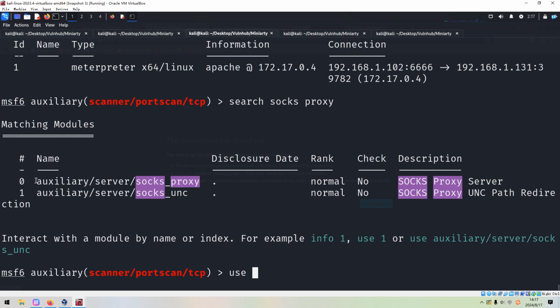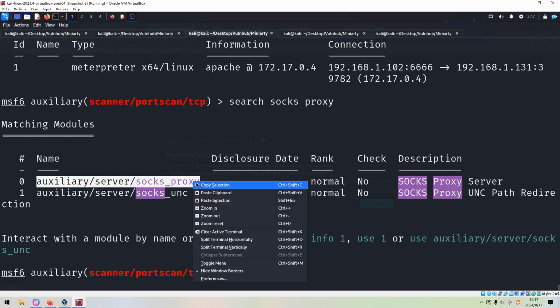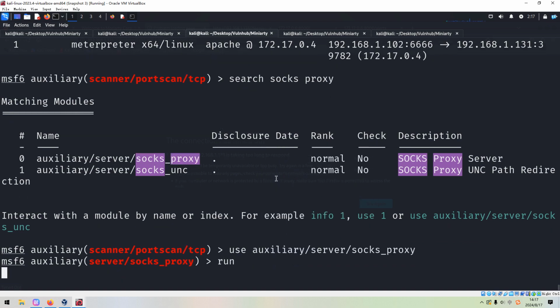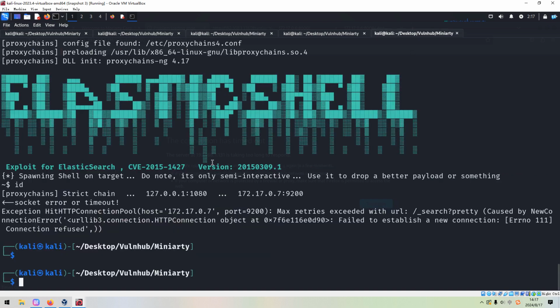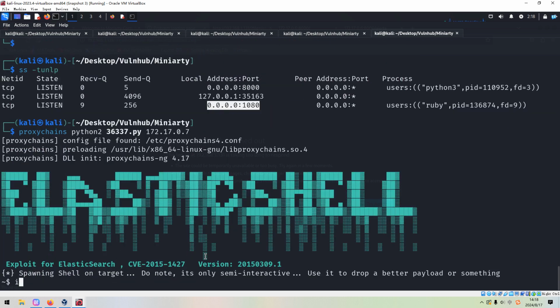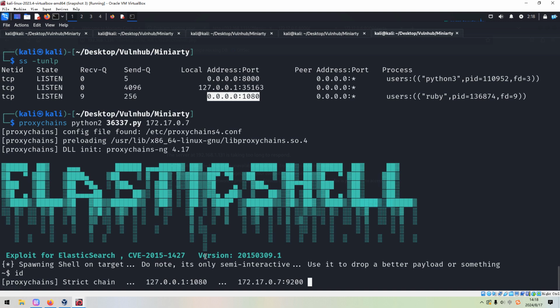I'm a bit confused because this machine got a lot of tasks to do, and we can run it. And if we go back and display the active port numbers on the Kali Linux, I think this is used by the SOCKS proxy. So we can run the exploit again, and we can run id. But this doesn't work.